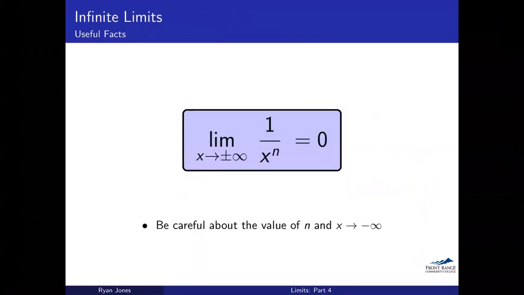And this is your end-all be-all fact. This slide is probably the most important slide of this lecture. This is something that you'll need to know. You'll need to understand this. And it's just that if, basically what we're saying here is if I do 1 divided by infinity, that's 0. That's really what this is getting at. But it's saying if I take 1 divided